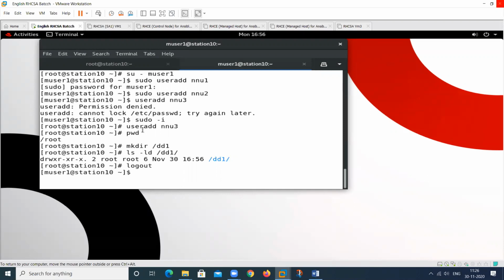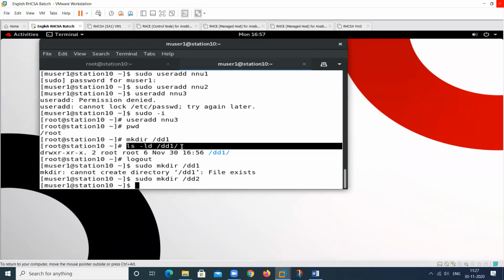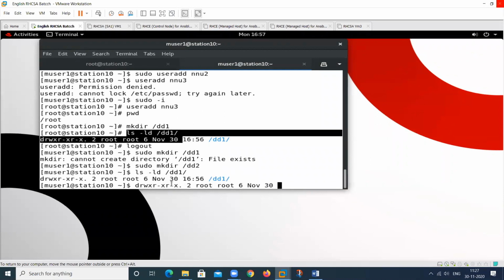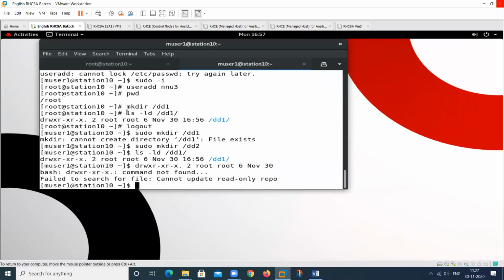Again, type this particular command, and I am using sudo. Okay, dd2. Check with ls -ld, not all, only this one, dd2.